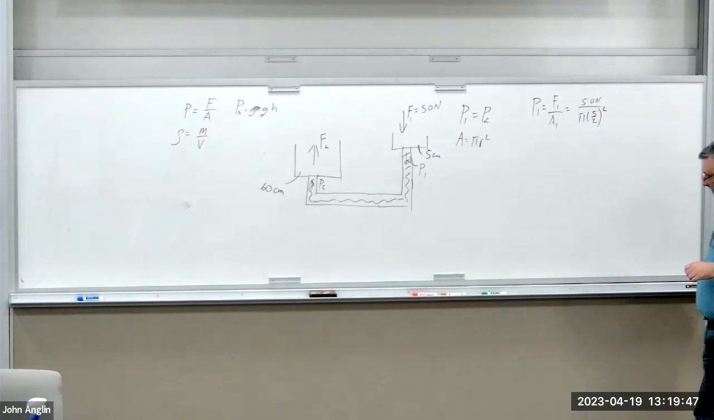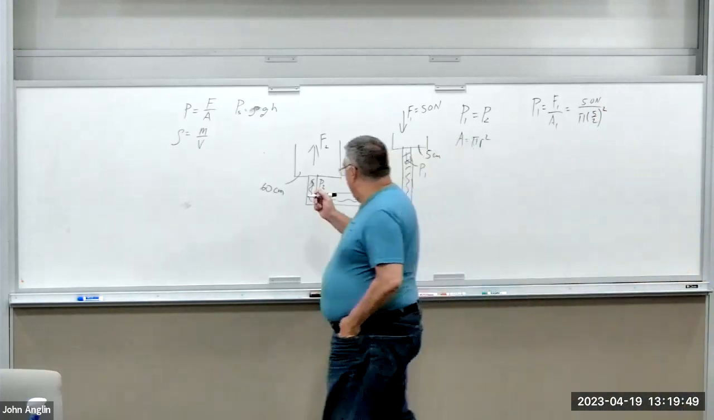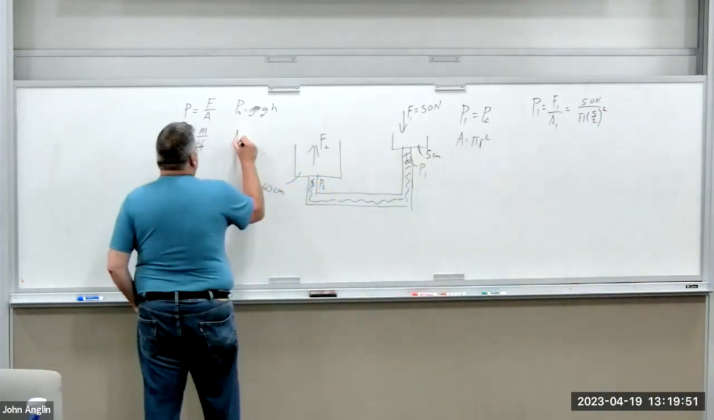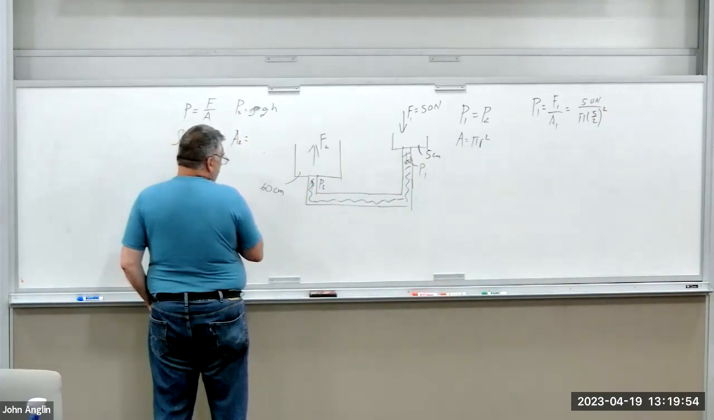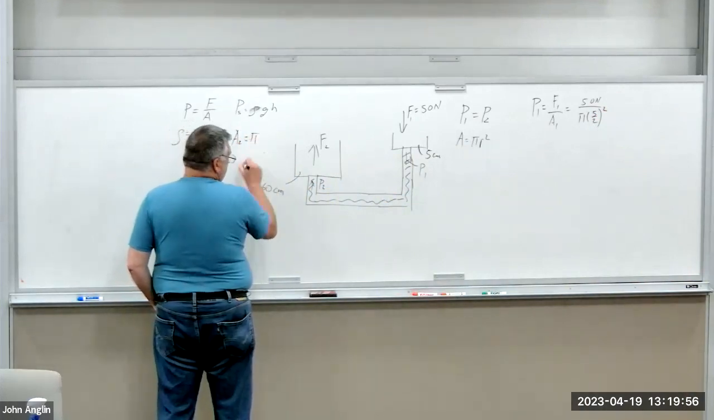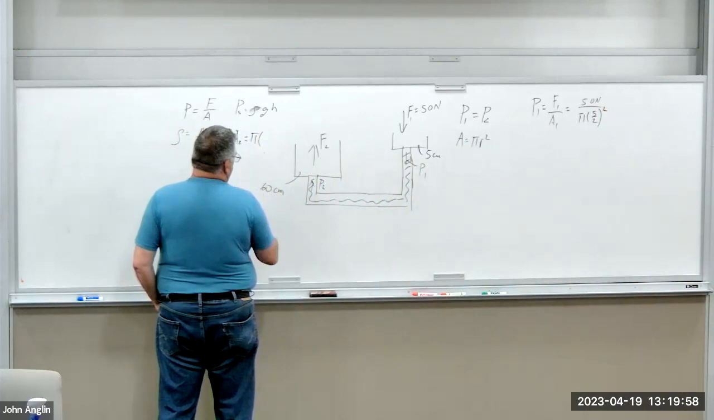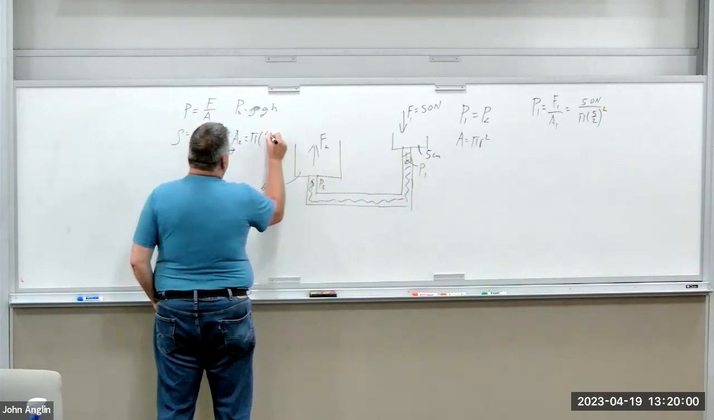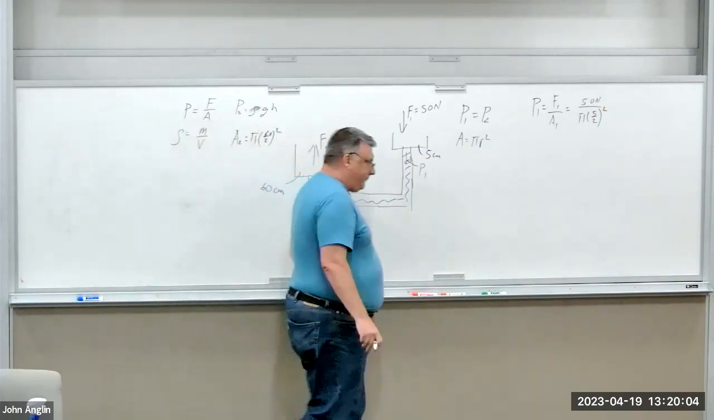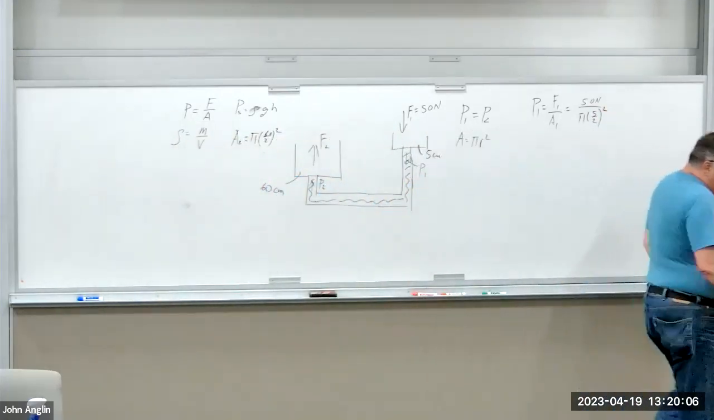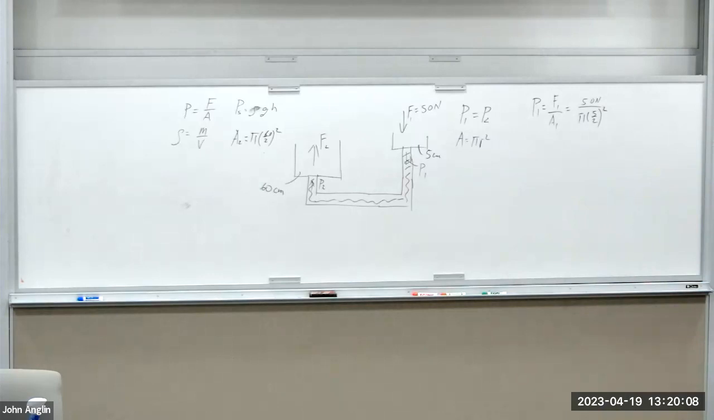Similarly, while we're at it, we can just say the area at 2 must be pi times 60/2 quantity squared. So now we're getting somewhere. So if we know these quantities,